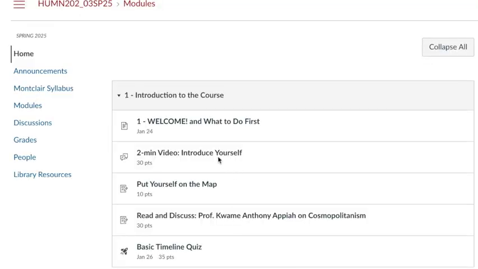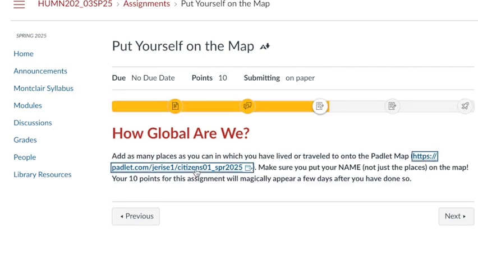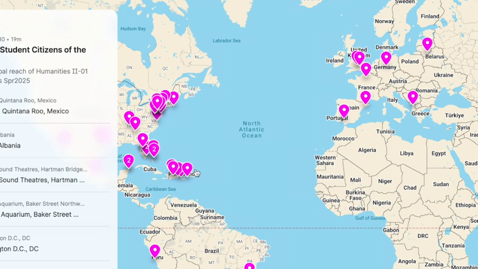Sometimes assignments require you to go into the internet outside Canvas. For instance, the first module contains the assignment Put Yourself on the Map, which asks you to use a map link that takes you to Padlet.com to enter places you have lived or visited. You'll get a grade on Canvas for completing the assignment because I'm watching Padlet, but you will have completed it